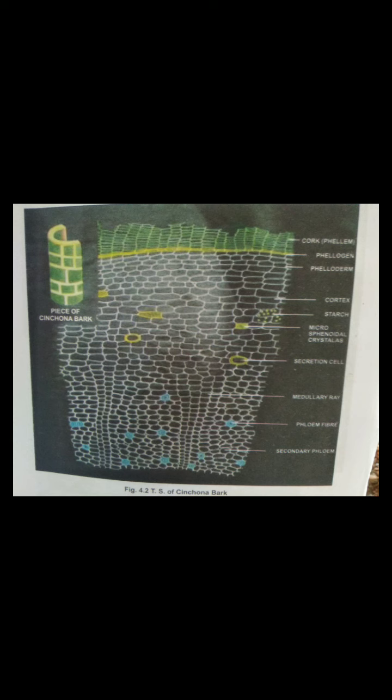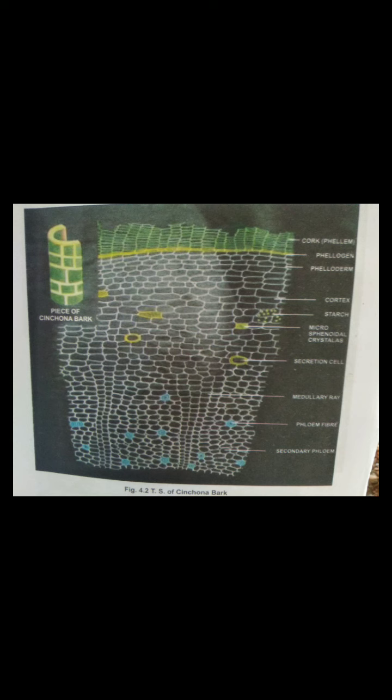Then secondary phloem. In secondary phloem: sieve tubes, fibers, phloem parenchyma and medullary rays. Sieve tubes, the compact cells being about 200 micrometers long and 15 to 20 micrometers wide, having narrow companion cells. Most of the sieve tubes are compressed and collapsed. Then fibers, numerous, large, fusiform, lignified phloem fibers having straight walls and conspicuous tubular and funnel-shaped pits, mostly isolated, sometimes in groups of 2 to 3 fibers.